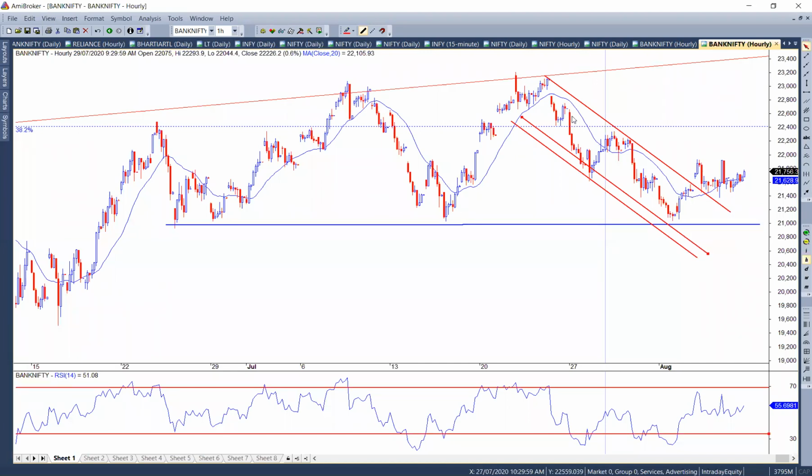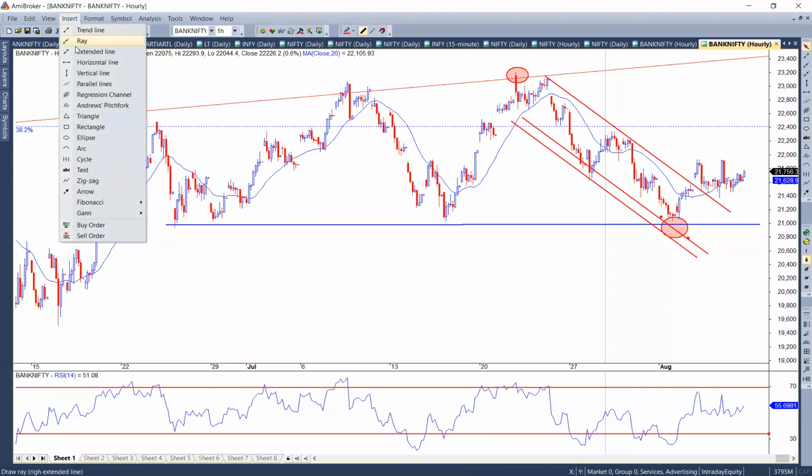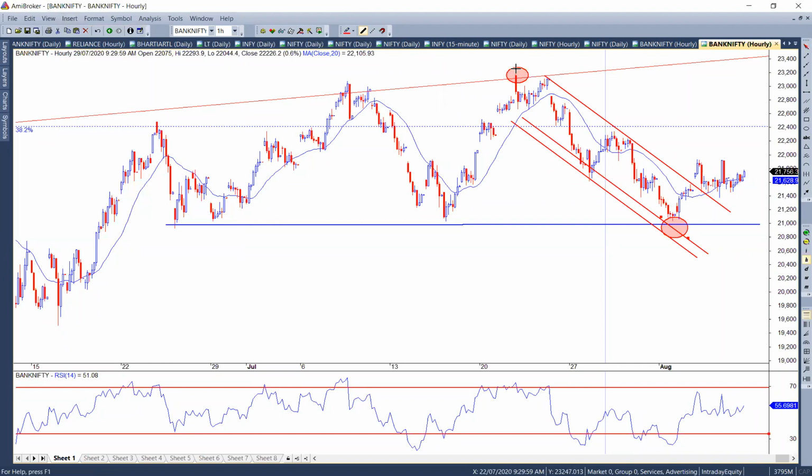I can again go and find out the highest point on this chart so far. This is the highest point, and this is the lowest point. Simple concept. I can go to Fibo, insert a Fibonacci retracement. What is a Fibonacci? I'm not getting into details of that. How do you plot it? That is what I'm showing. Connect this, click on the mouse and drag it to the bottom lowest point.